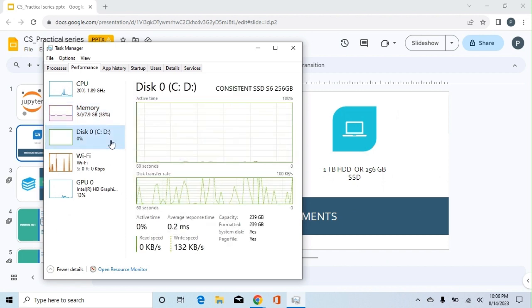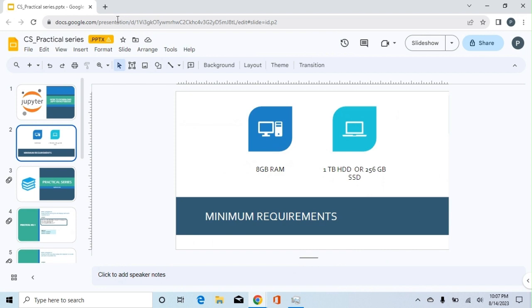Then we will go to the disk. So if it is 256 GB or 1 TB HDD, then it is perfectly fine. If the system is below minimum, then you have to upgrade to this 256 GB SSD or 1 TB HDD. So once we are done with this check, we have to